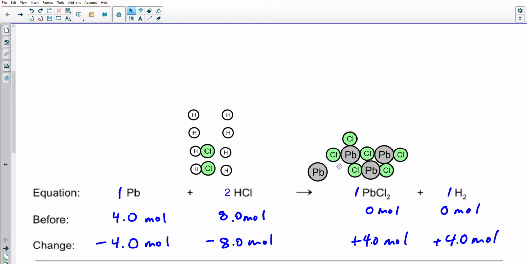Bring this last one over. And so I have made 4 formula units of lead